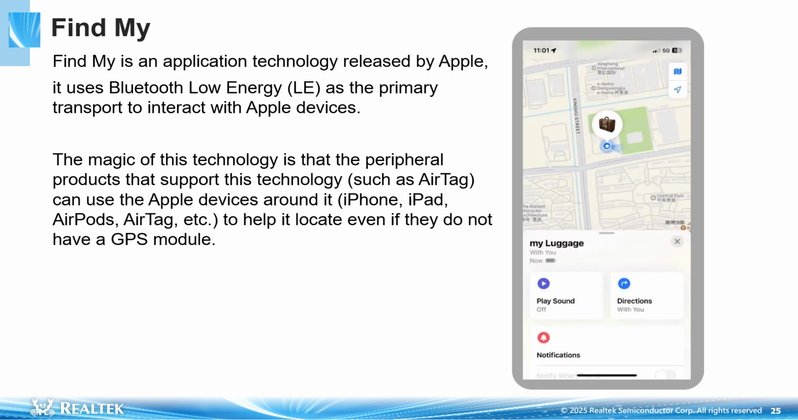Next is Find My introduction. Find My is an application technology released by Apple. It uses Bluetooth Low Energy as the primary transport to interact with Apple devices. The magic of this technology is that the peripheral products that support this technology, such as AirTag, can use the Apple devices around it, iPhone, iPad, AirPods, AirTag, etc., to help it locate even if they do not have a GPS module. The Find My app is where you locate your Apple devices, share your location with friends and family,